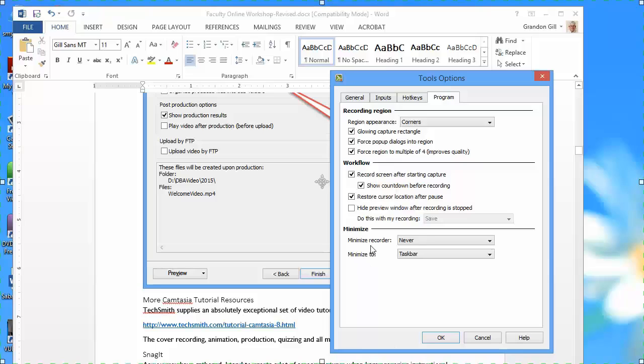Now, one thing I did is I changed minimize recorder to never. What that means is it's going to show the recorder, because that's what I wanted to do when I do the next segment where I actually show the Camtasia recorder in operation. But under normal circumstances, you might say minimize it to the taskbar. Another thing that you can do if you can't remember the hotkeys is you can minimize it to the taskbar, and then when you're done with your recording, you just bring it up, click the taskbar, show it, and then